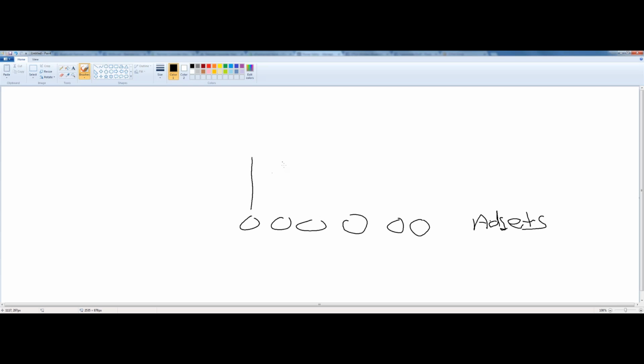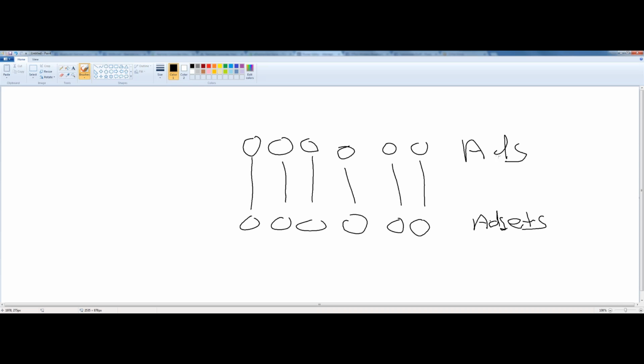Instead of having 6 ad sets hitting 6 different ads,